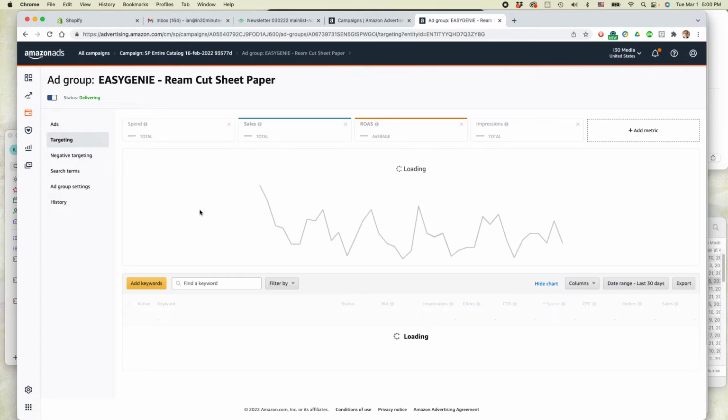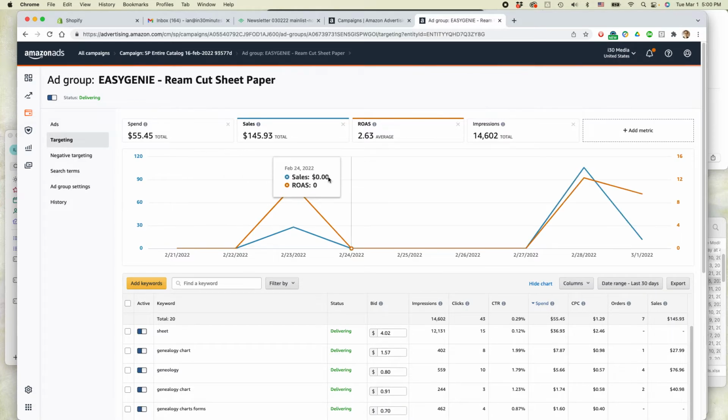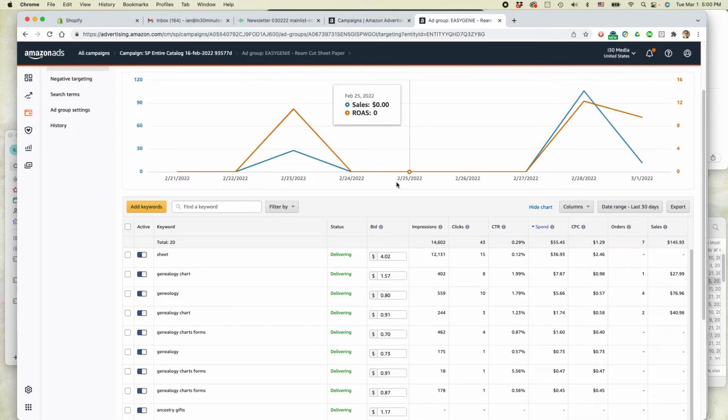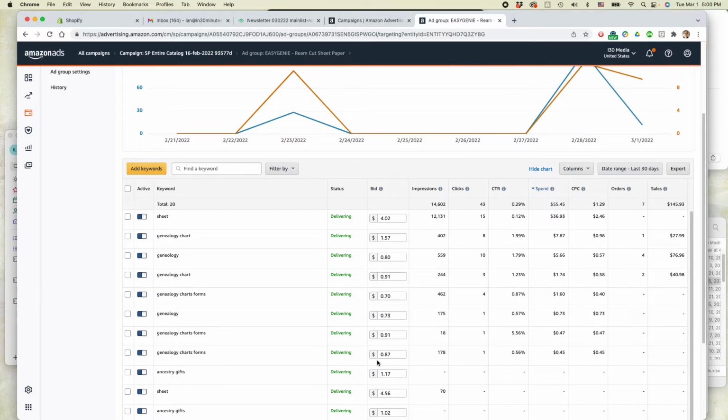Let's take a look at the targeting. All right, I can see there's a lot of work to be done here. Again, there are these crazily high bids that I do not want to be doing. So I'm going to do another batch change. And again, what I'm going to do is look at the level at which the keywords are performing. So 57 cents, 58 cents, and I seem to be getting a lot of clicks at that level. So I think I'm going to set a default bid of 66 cents across the board. I'll do the same thing. Select all of them, adjust bid